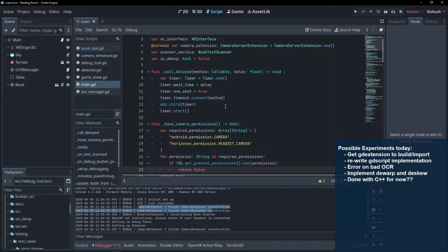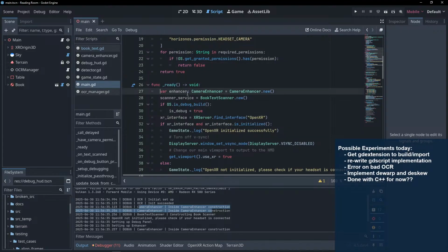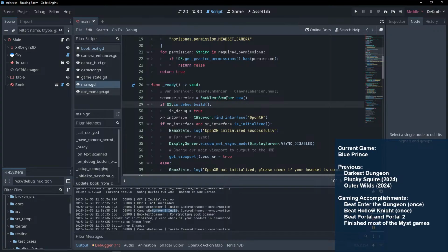Twice, actually. So also because of here, we didn't need this, since we were already calling it. So OCR initializes, then we were doing the camera enhancer. We did end up doing it twice, and then the second one is going to be this one here, and then the book text scanner.